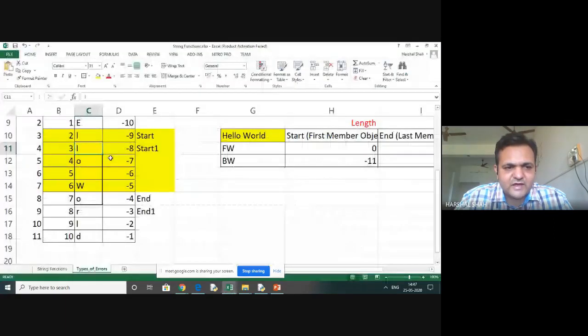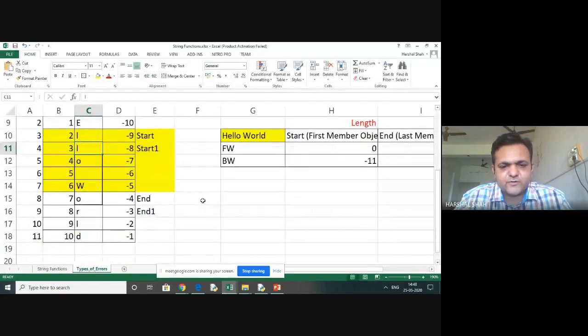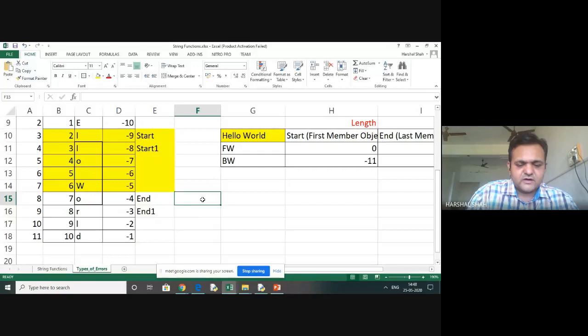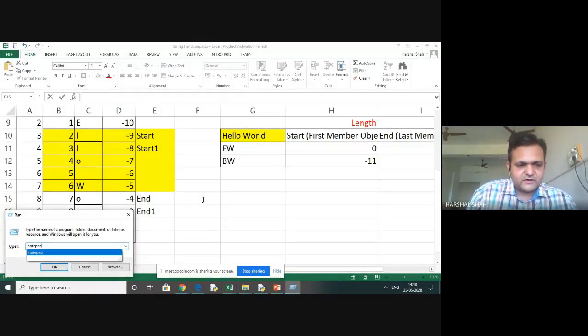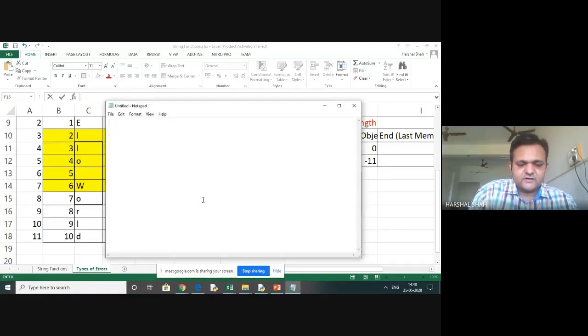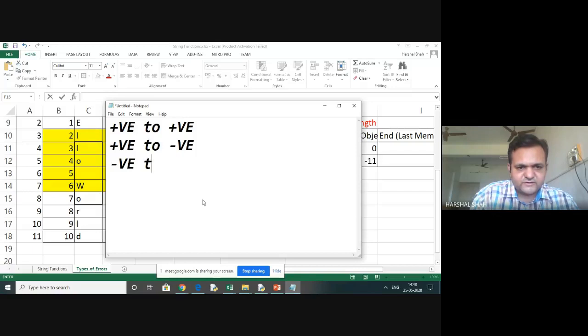Remember that we can have starting from positive and ending at positive. So this can be done. We can have it this way also. We can understand these indexings are valid. We can have positive to positive, positive to negative, negative to positive, and negative to negative.